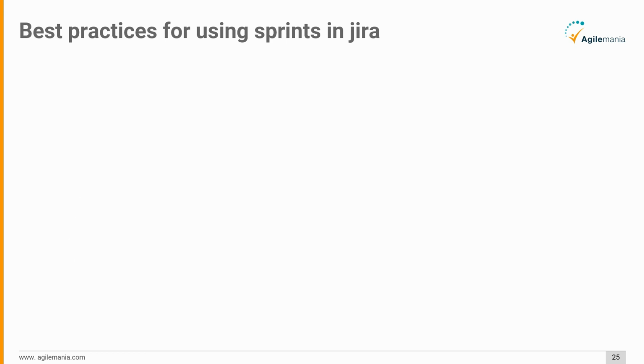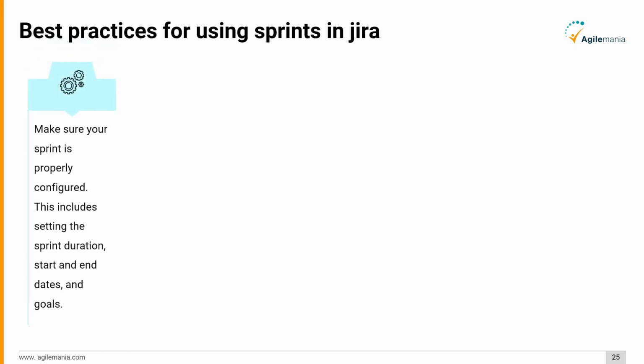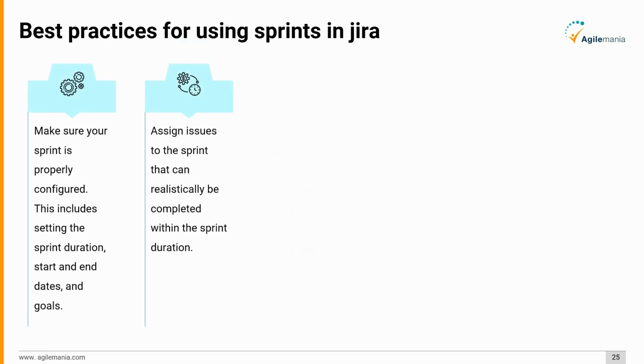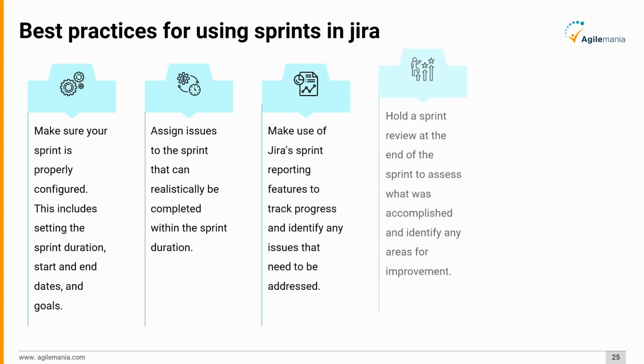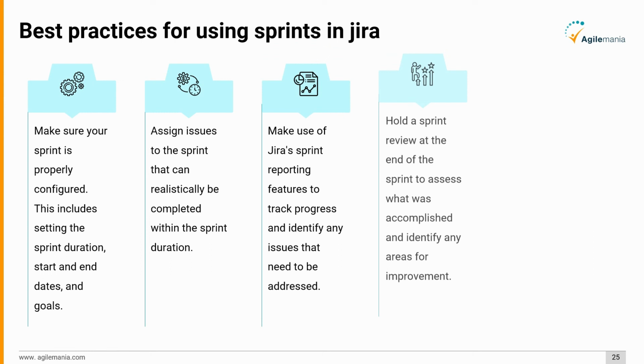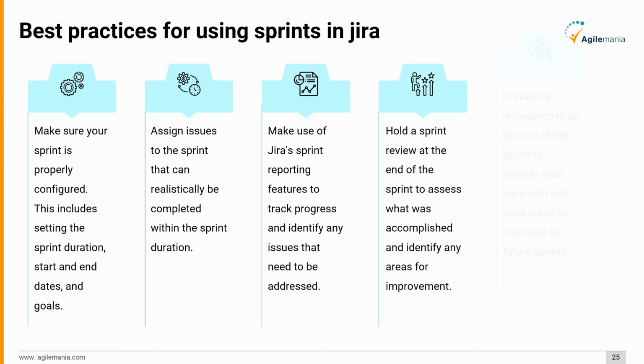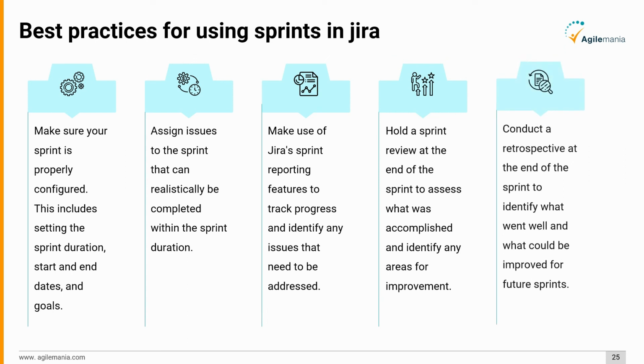The best practices for using sprints in Jira are as follows. Make sure your sprint is properly configured before starting it. Assign issues to the sprint that can realistically be completed within the sprint duration. Make use of Jira's sprint reporting features to track progress and identify any issues that need to be addressed. Hold a sprint review at the end of the sprint to assess what was accomplished and identify any areas for improvement. Conduct a retrospective at the end of the sprint to identify what went well and what could be improved